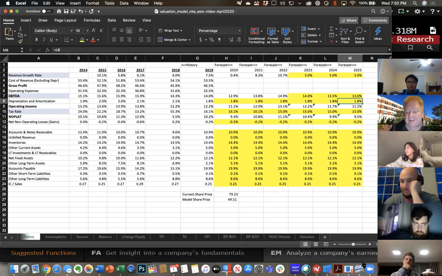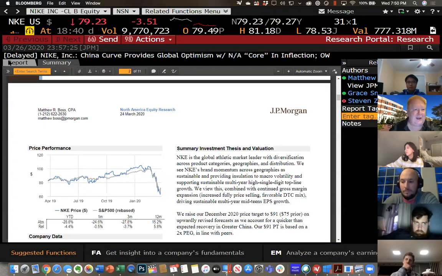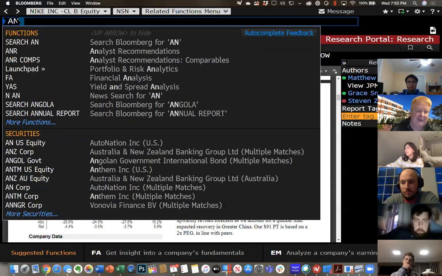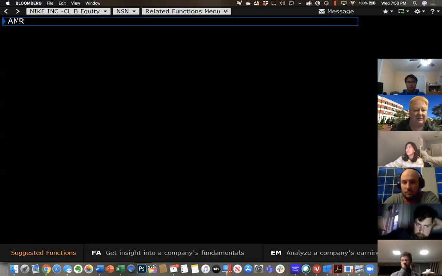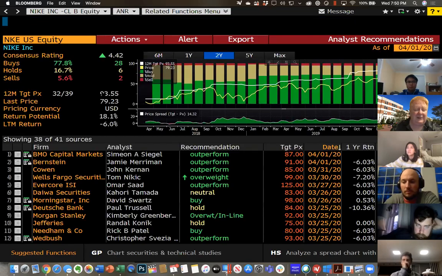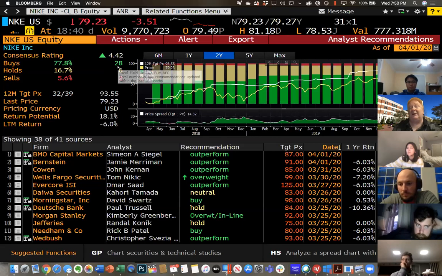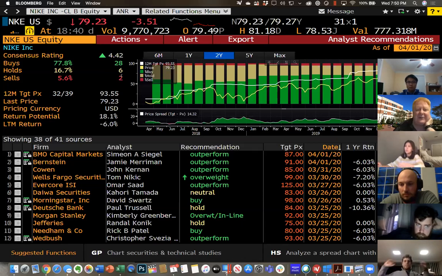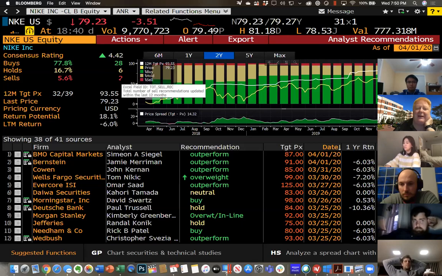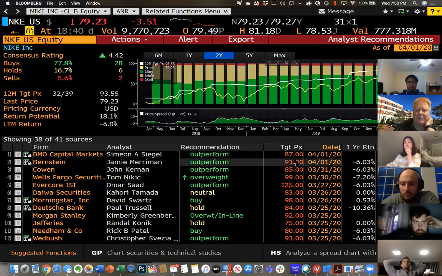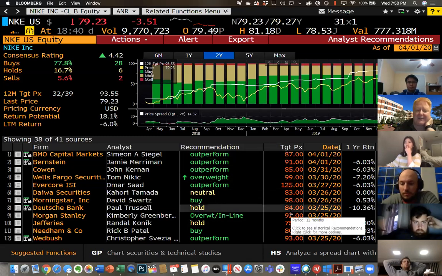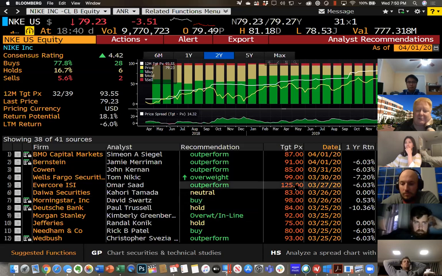And the point I'd like to make about the target is, today, if I look at these Wall Street sell-side analysts covering Nike, the first comment I'd like to make is 28 of them are buys. So most of them are positive on Nike's future. 6 of them are holds and 2 are negative. So the overall sentiment for Nike is actually fairly positive. But notice when you look at the target share prices, they're all over the map. Like this guy Omar thinks they're worth 125